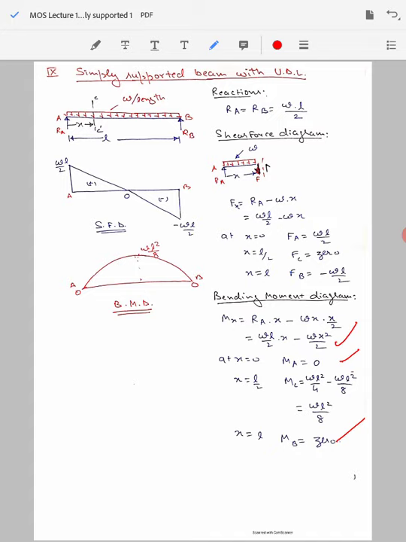At both the extremities, at both the supports, our bending moment is going to be 0, and it is going to be maximum somewhere between them. So I substitute x equal to L by 2 here and find the value to be WL square by 8 as the maximum bending moment. You see, whenever the shear force is 0, your bending moment is going to be maximum. So this is one observation you can see here.